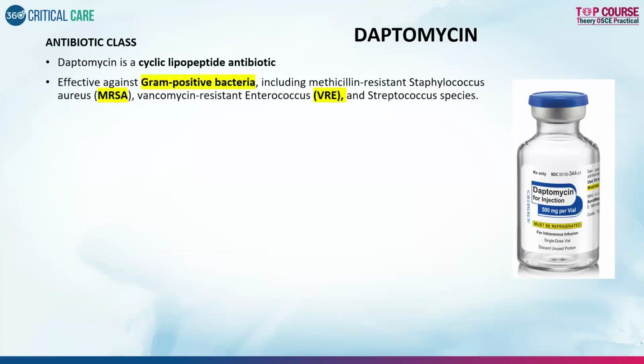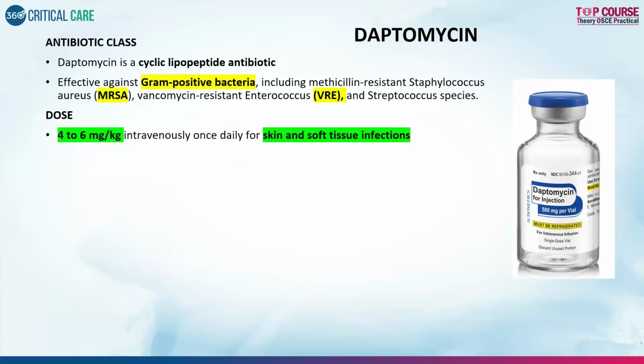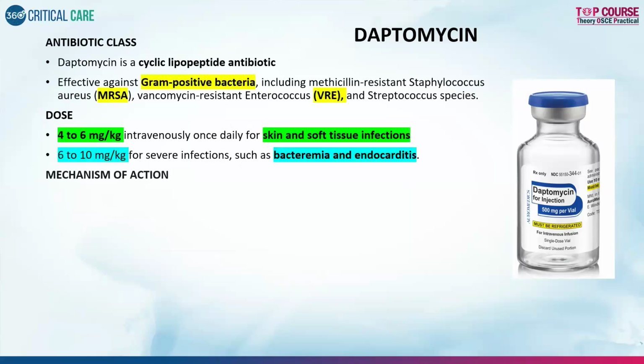It's a lipopeptide. So majorly it's for MRSA and VRE. You have to remember the dose depends on the site of infection. It's 4 to 6 milligrams per kg for skin and soft tissue, and 6 to 10 mg for bacteremia